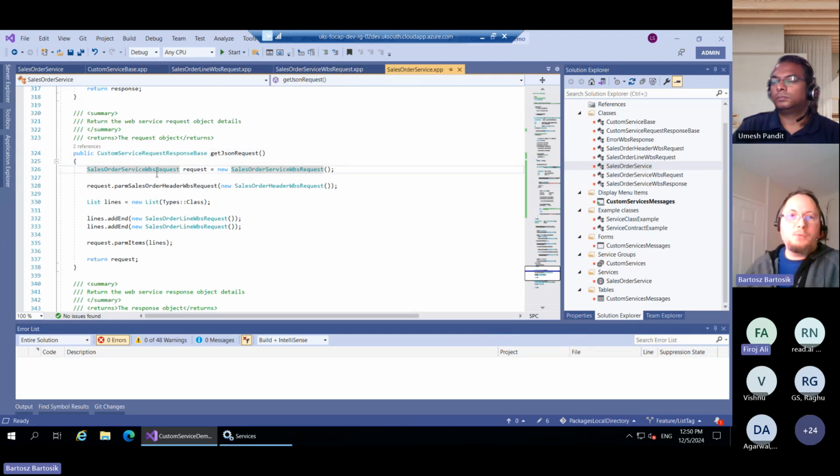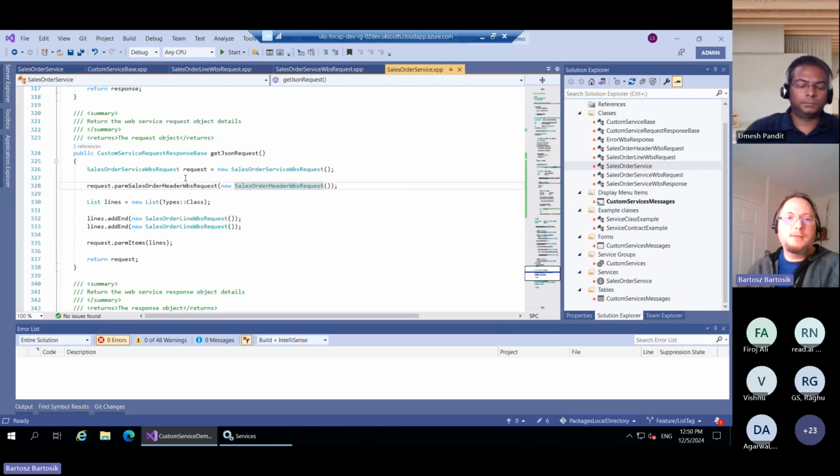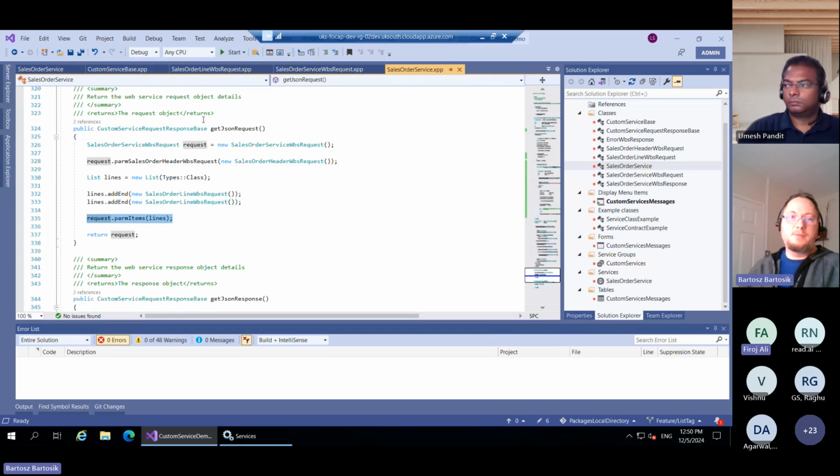So we can initialize the request. We know our request requires this contract class, so we can create a new object and insert it here. Then we know we have a list of lines, so we can initialize the list, create new lines, and pass it to our response. So it requires a bit of manual work for every